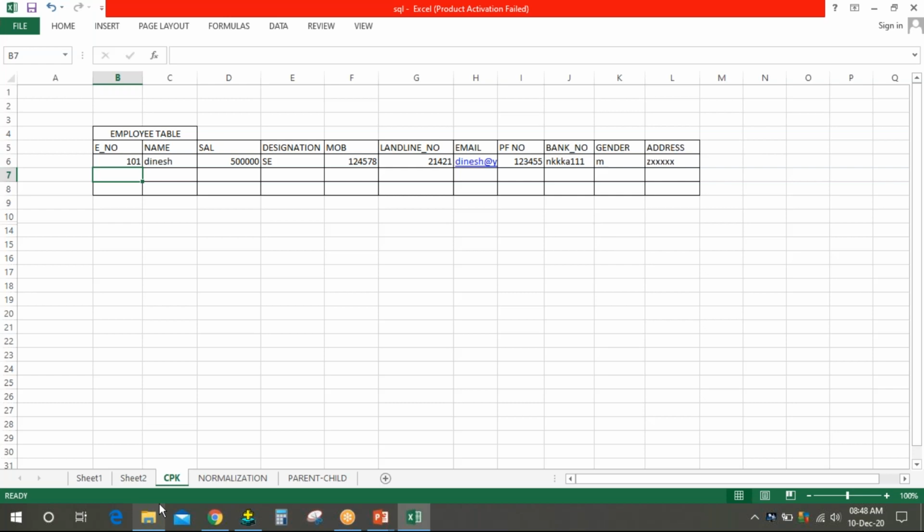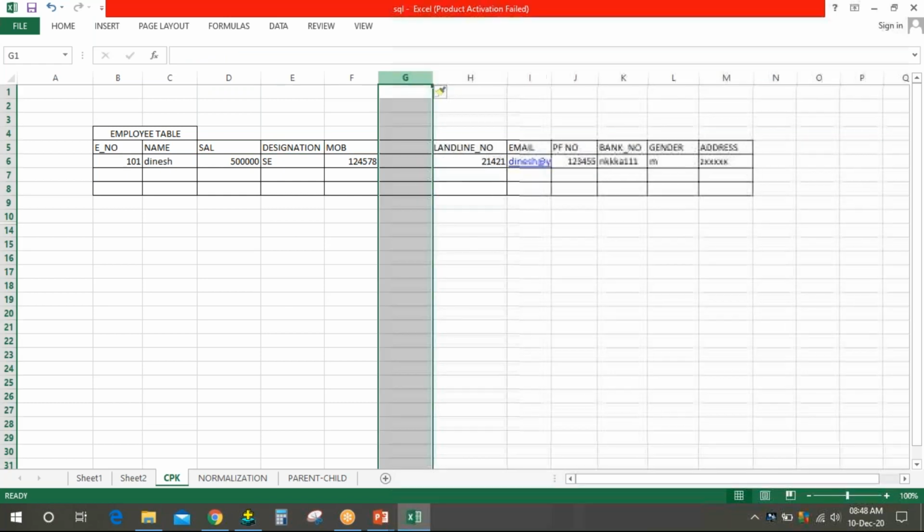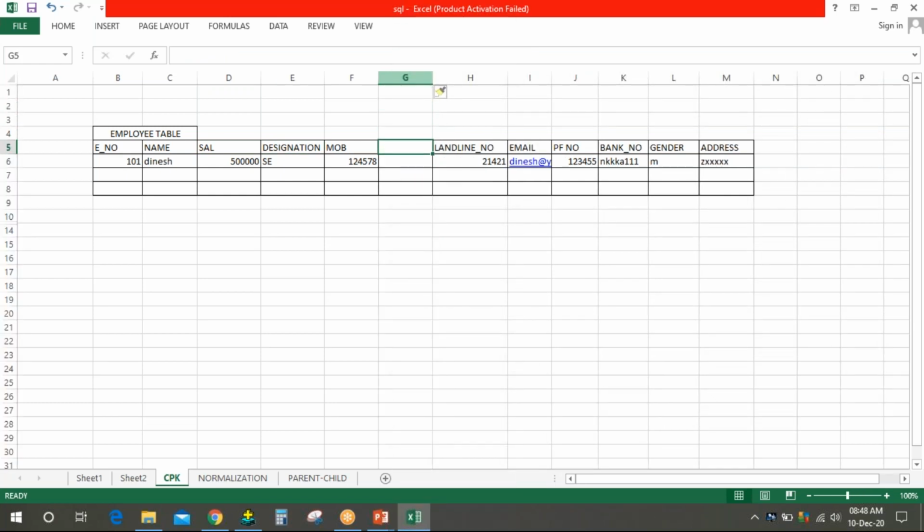So you need to give the constraint here. You created the table, you created the columns. You also give the data type, like here you will give the data type number, here varchar2, here again number, varchar2. Date of joining is there, so let's take that also. Here you give the data type as date.